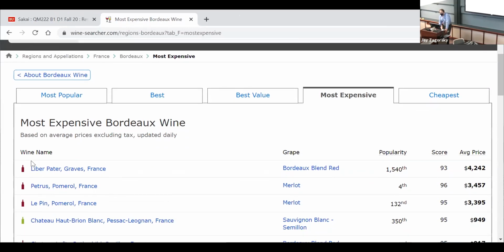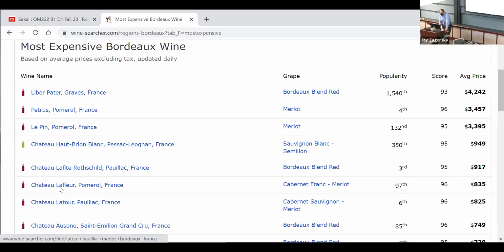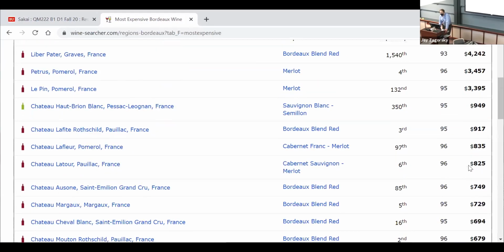So there's things like the Libre Pater, average price $4,200 for a single bottle. The Patras, $3,500. Lafite Rothschild is about $917 or so. And the one I want to highlight real quick is the Chateau Margaux for $729